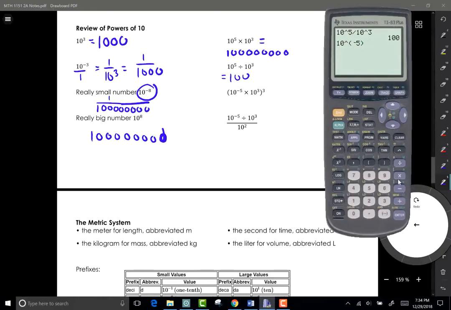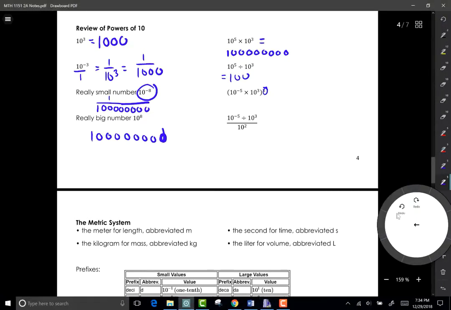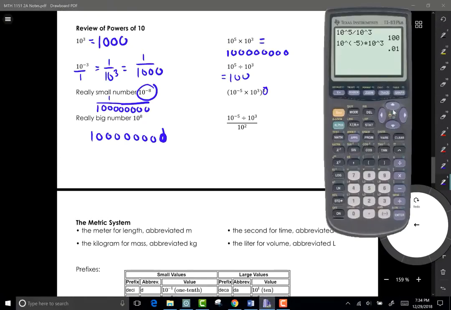Then I'm going to multiply it by 10 to the 3rd. That would give me the answer to the inside part of the parentheses, but then whatever is on the inside, I want to take that and raise it to the 3rd power because of this. So I'm going to take my answer 0.01. That's equivalent to what's inside here. And then I'm raising it to the 3rd power. So I'm going to take my answer, hit the little caret button, raise it to the 3rd power, and I get